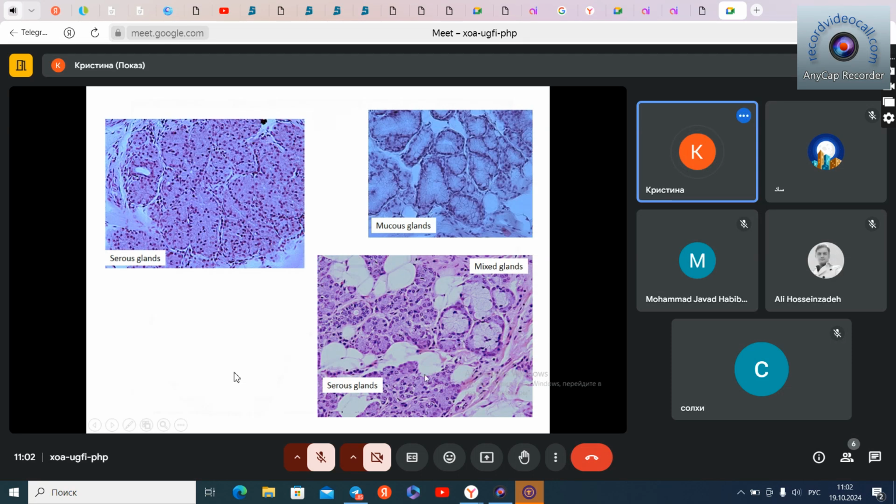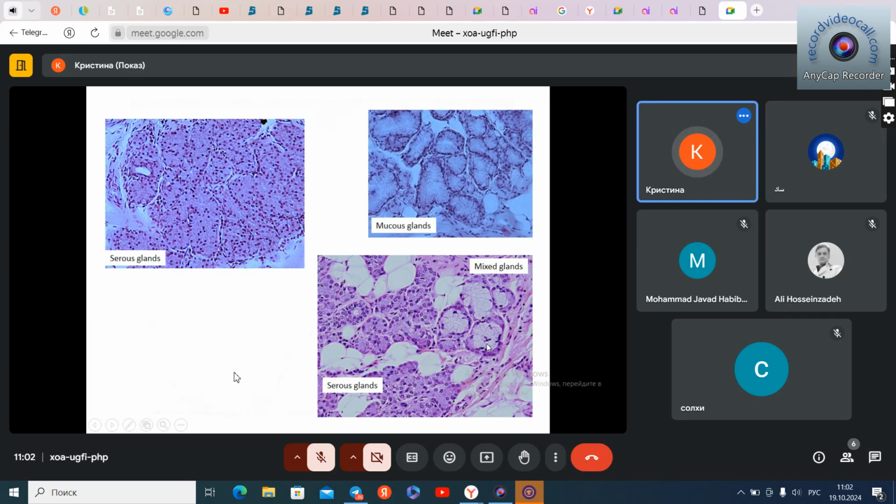In the lower picture, we see in some areas serous glands, which contain only serocytes and myoepithelial cells. In this area, we see mixed glands. Here we see one secretory portion of such gland. It contains